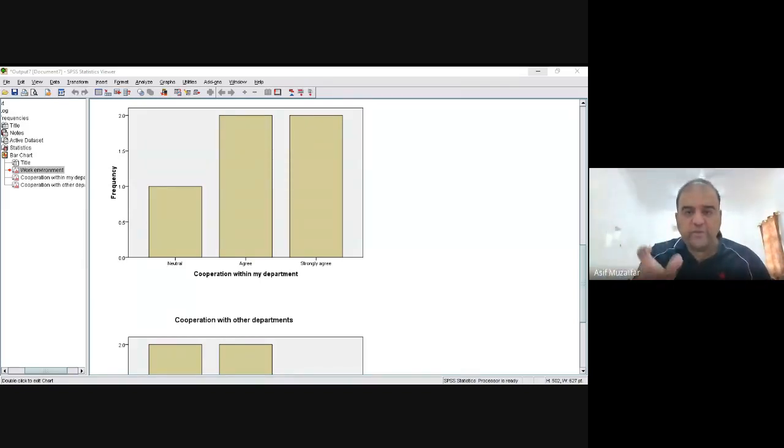Choose the question which you want to recode into 1 and 2 or 3 or 4 or 5 and change it into that. The same thing can be done for any question which is in the form of words. And then you can provide the value in the variable view. Let me show you that again.